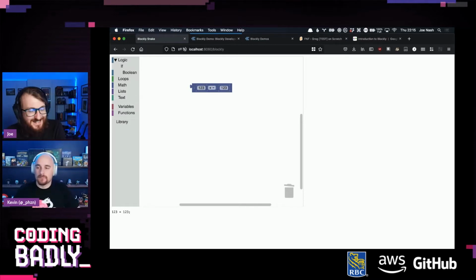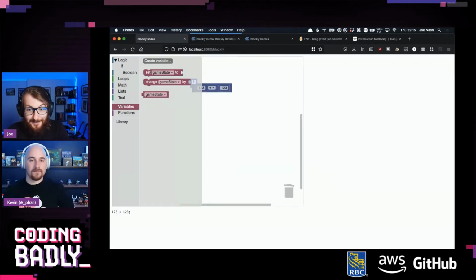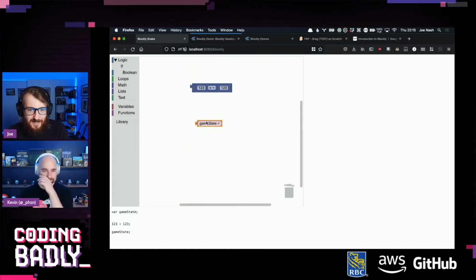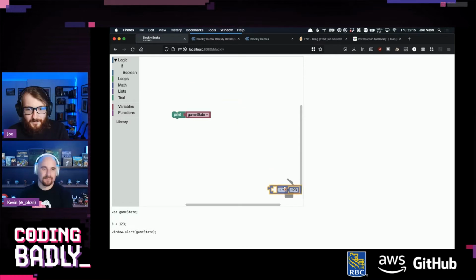But what we were doing to test this was we were just creating a new variable called game state because, of course, this is just the game state, right? Let's print game state. So this is a variable called game state, and this code is all getting called, or that is getting declared there. I don't really want that to be declared there. Why is that getting declared there?